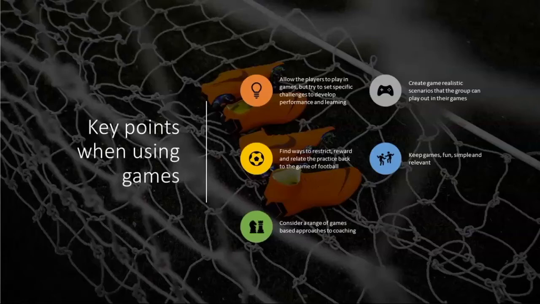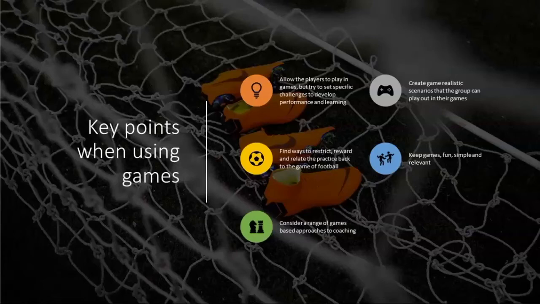So you'll find that you can do a passing drill, and the players can get really good at passing it back and forth in groups of 2 and 3. But when we come to the game, they're not very good at it because there's another team trying to steal the ball, and the distances and the angles and the types of passes become really different. So the training part isn't preparing them really well for the game part. If you can have more of your training sessions that are games which have certain challenges structured into them, then you help paint the picture for the players to go away and apply that when they come to the match at the weekend.